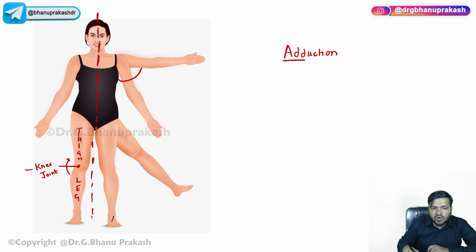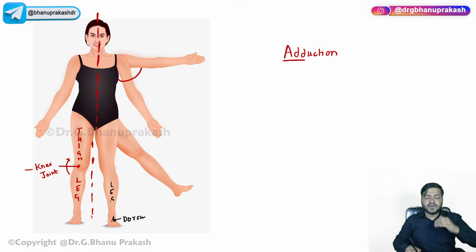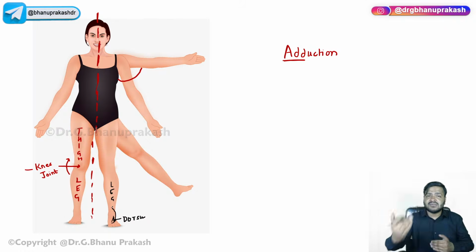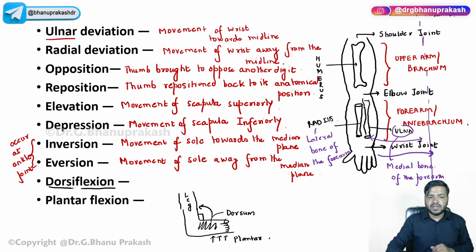See, Gia, this is the dorsum of the foot. This is the leg, the anterior part, the front part of the leg. So dorsiflexion, you have to move the dorsum of the foot towards the leg just to decrease the angle, right? So that is something that you have to keep in mind. Dorsiflexion simply means